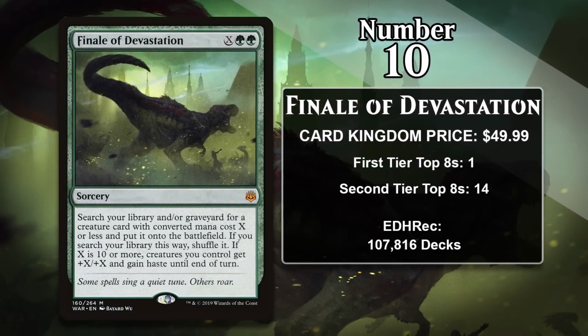At number 10, it is Finale of Devastation, which costs about $50. This sorcery costs X and a green, and lets you search your library and or graveyard for a creature with a mana value X or less, and put it onto the battlefield. Then, if you spent 10 or more mana on X, your whole team also gets +6/+6 and haste, including your